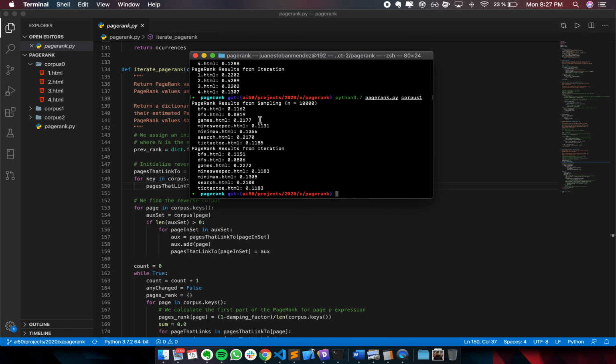As you can see, the results are as similar as you would expect. For the BFS, we got 0.1162 using the sampling technique, and with the iteration technique, we got 0.1151. And with the rest of the files, you can see it's pretty much very close to each other, and